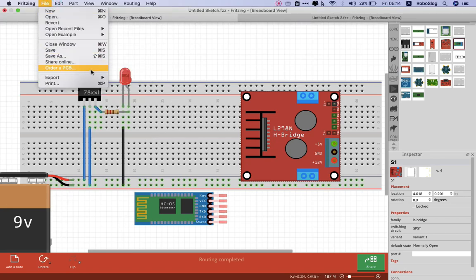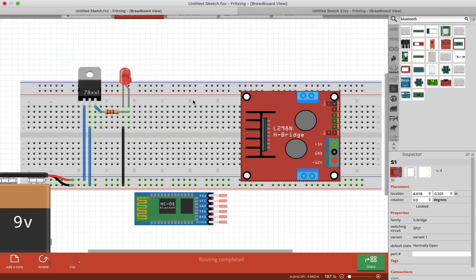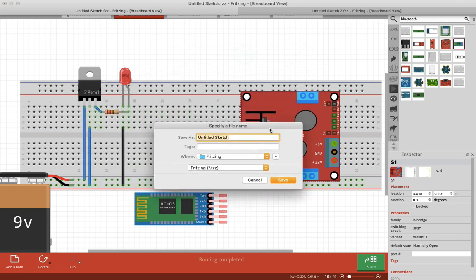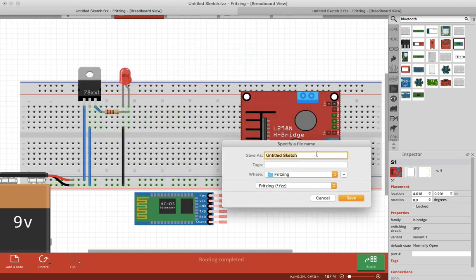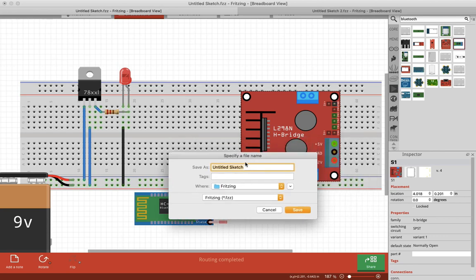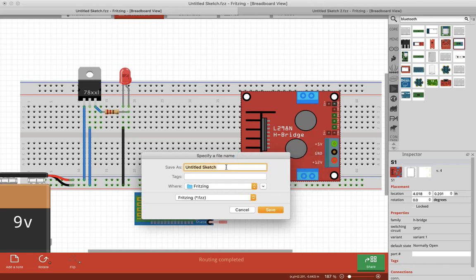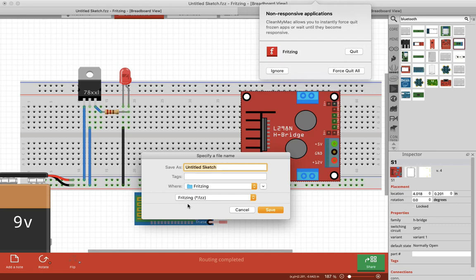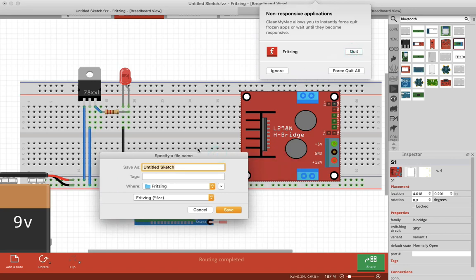So you just export it, but I also suggest you save it as a project, so that later if you want to make some changes, you can change it in that. You don't need to make the whole circuit again, right? So for that you just need to save it with the Fritzing FZZ extension. As of now there is some issue with my system, so I'm just quitting with this.